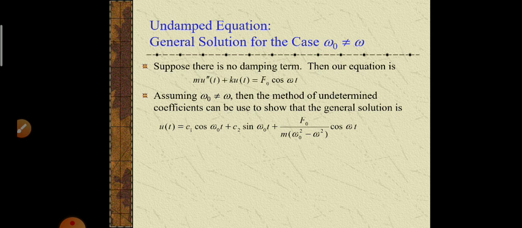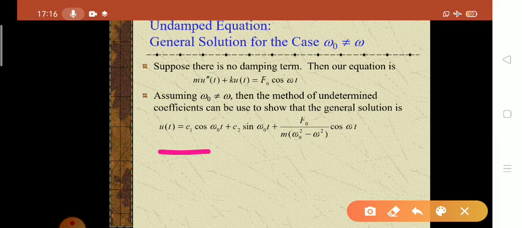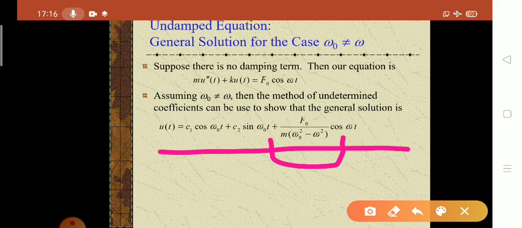Here from this equation you can easily understand why we can't take omega 0 equal to omega, right? Because at the resonance position in this equation, if omega 0 is equal to omega, then m times omega 0 square minus omega square becomes 0. So the force transmissibility, we get infinity, right? So this is a mathematical error, so we need a different way to find the general solution for the resonance position.